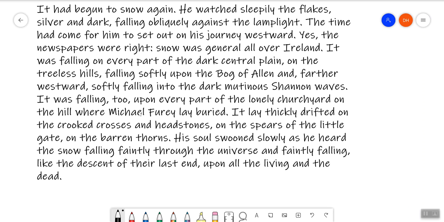A true equilibrium would be he realizes he's not quite capable of this kind of love, and he works at it. But because it's the end of the story and Joyce ends it here, we get this sense that, well, you know what? This is the end of Gabriel, right? It's this lack of self-equilibrium.